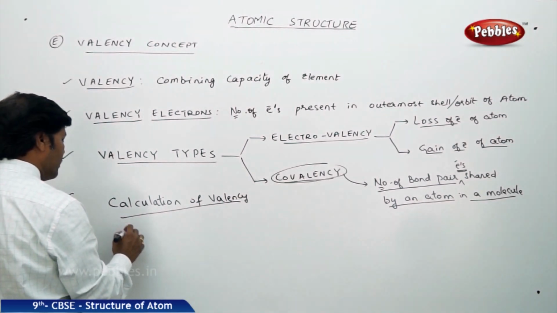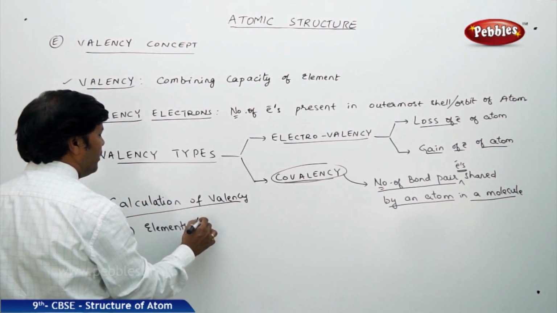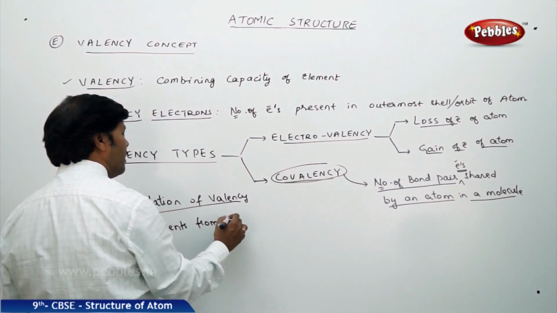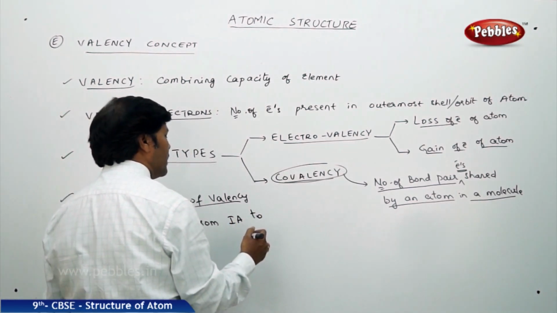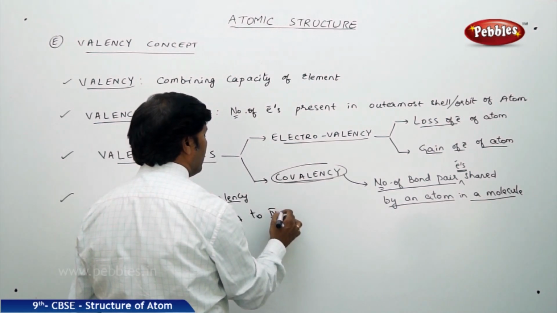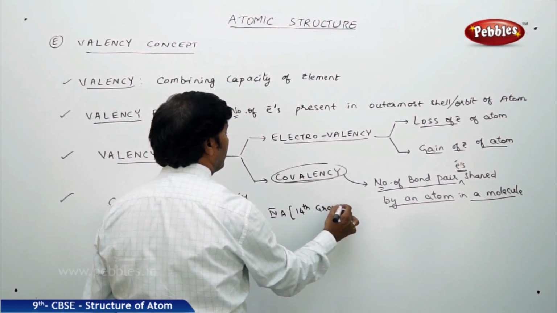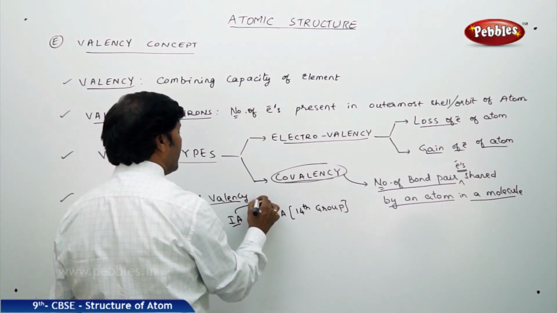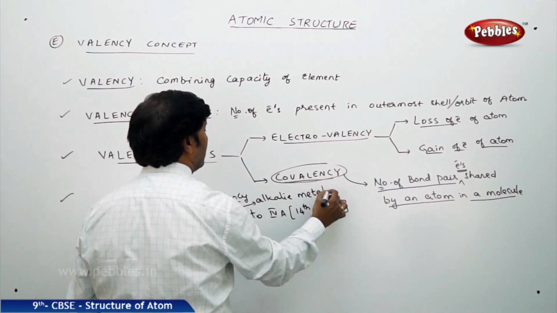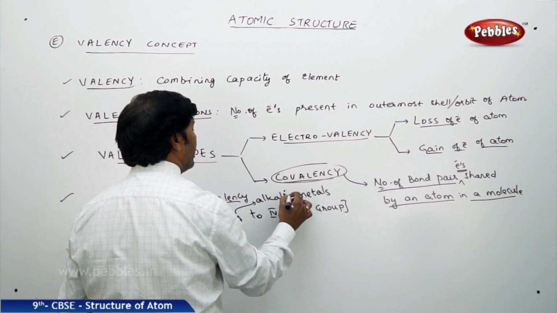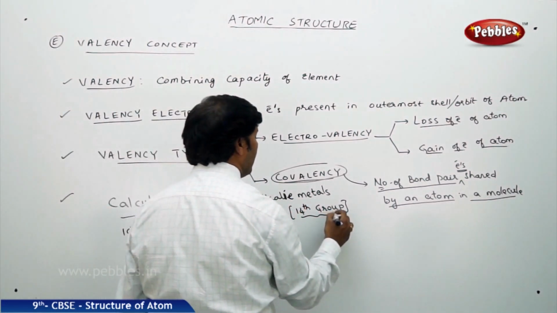One is for elements from 1A up to 4A. 4A means the 14th group. 1A means alkali metals. So from alkali metals to the 14th group, that is the carbon family,